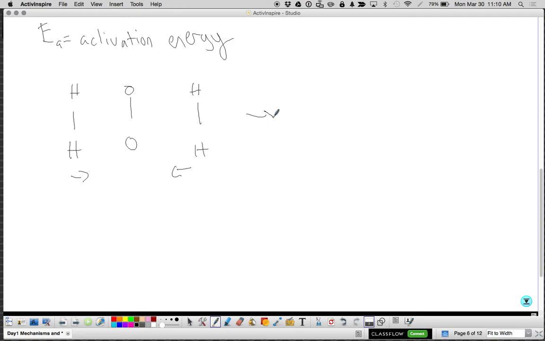And for a brief fraction of a millisecond that doesn't actually exist, I'm going to get something where bonds are starting to form between the hydrogens and oxygens, where water is going to come off. But these hydrogens are still interacting with each other, and the oxygen is still interacting. So we form this complex,